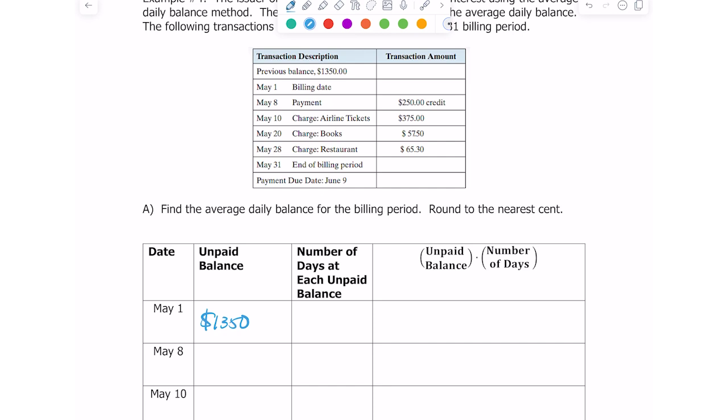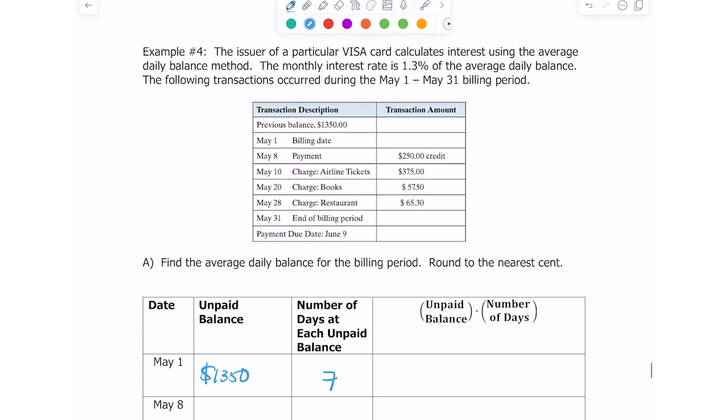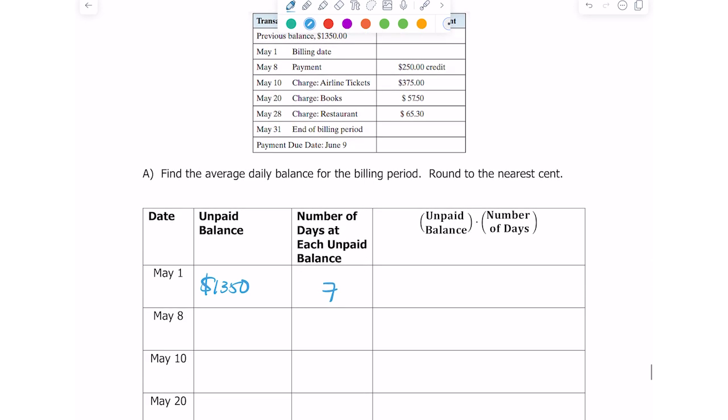And the number of days at each unpaid balance. So here my billing date starts on May 1st, plus 7 more days takes me to my payment. So there are 7 days at the first unpaid balance. So what I'm going to do is, we're trying to find the average daily balance. I'm going to take my unpaid balance and multiply it by the number of days. So my unpaid balance is $13.50 times 7 days. So that comes out to